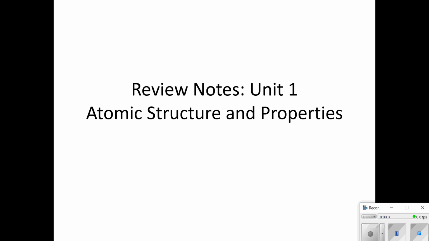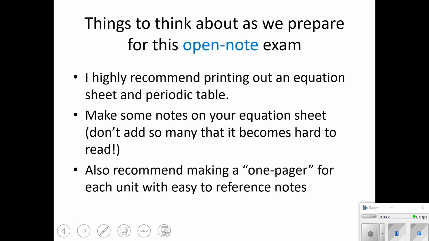Through part 1 of Unit 1. And Unit 1 overall is talking about atomic structure and properties. There were also some chemical analysis pieces in there and some calculations, and that's the part that we are going to focus on today. And as we start reviewing for the AP test, you want to think about preparing for